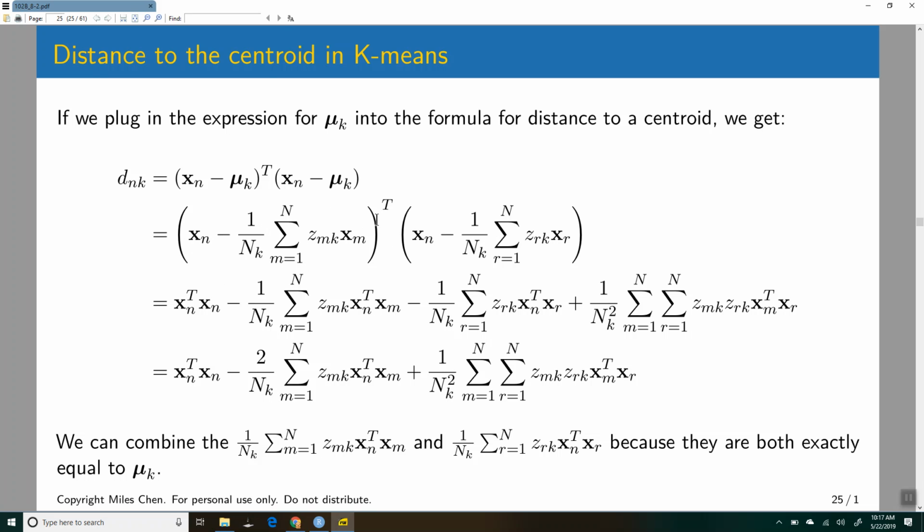So we do the first terms, and then the outer and the inner. I guess I did the inner and the outer here. And then the last will have basically this summation times this summation, so we're going to get this double summation. Is that okay? And this term, 1 over nk, the sum of zmk xn transpose xm, and 1 over this and this,